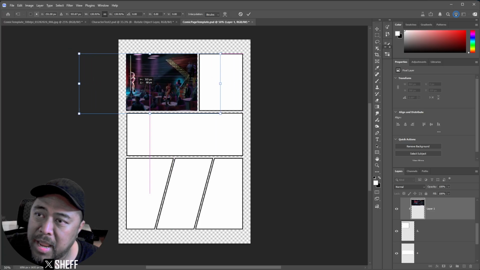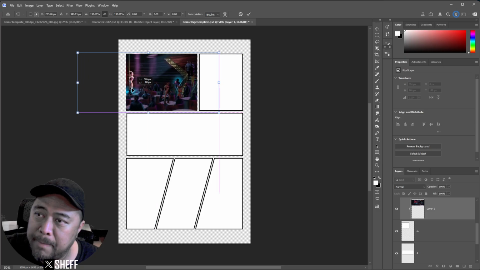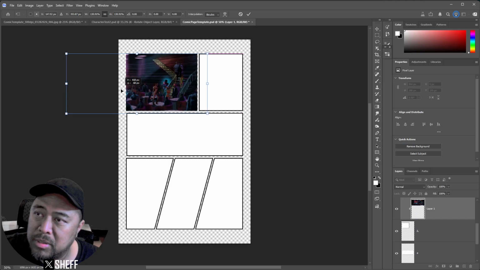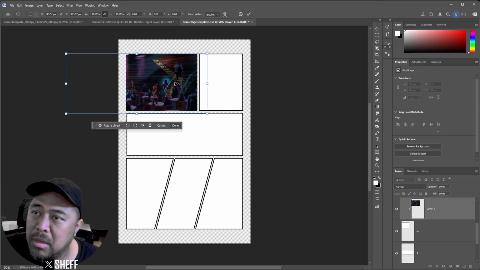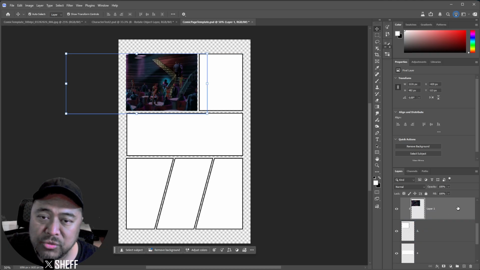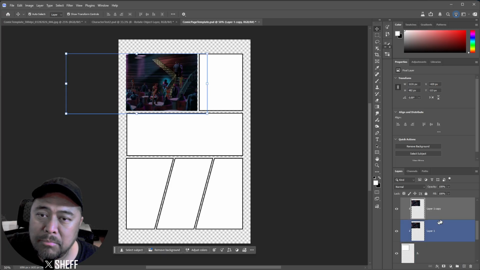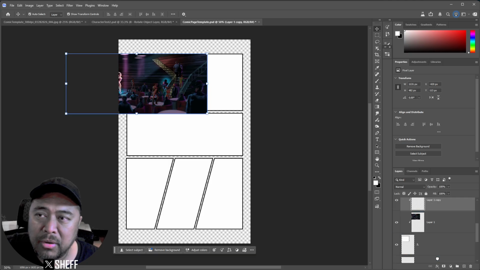I'm not quite happy. I think I'll do that. I want it to be more of the room, not so much the stage. So there we go. And I will duplicate this layer because I want it also on this frame here. So I will put that one down here,